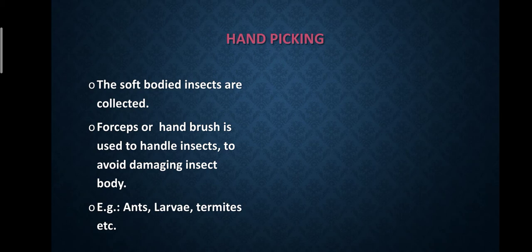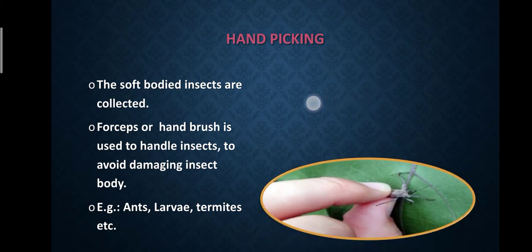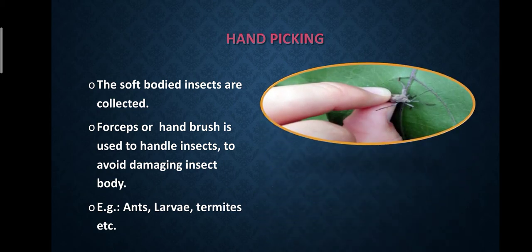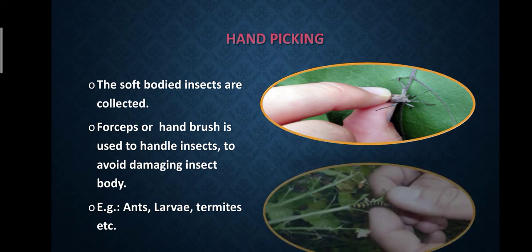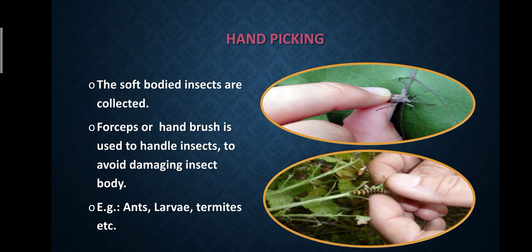After collecting the insect, the brush is dipped into the medium in which the insect has to be preserved, that is, the liquid medium. In the liquid collection or liquid preservation method, the insect is dipped with the help of the brush. Dipteran insects, ants, termites, etc., which possess a soft body, are collected by such a method.